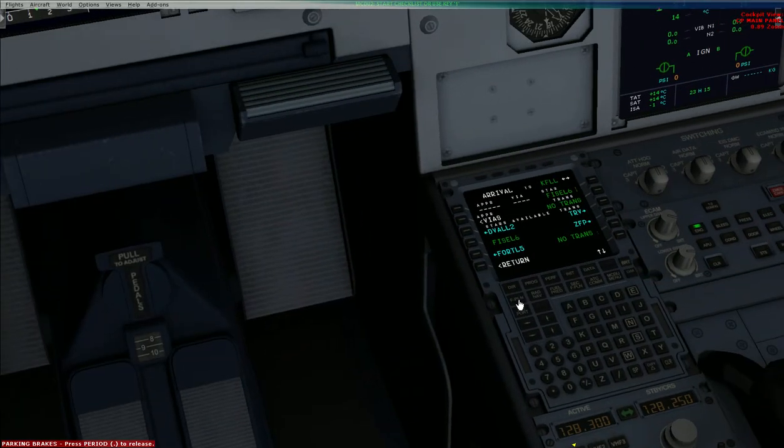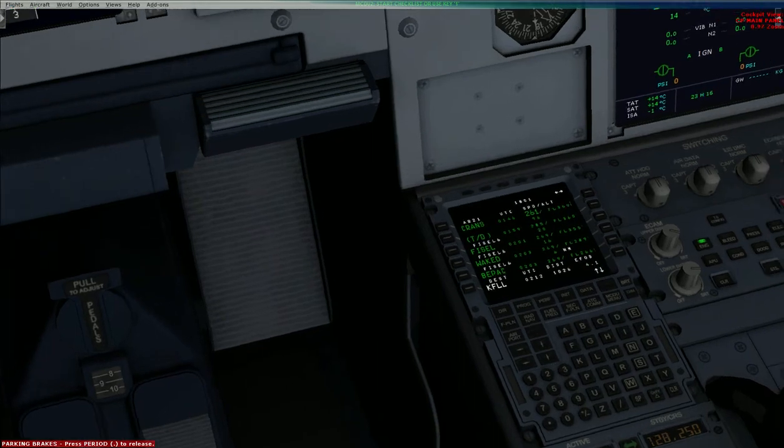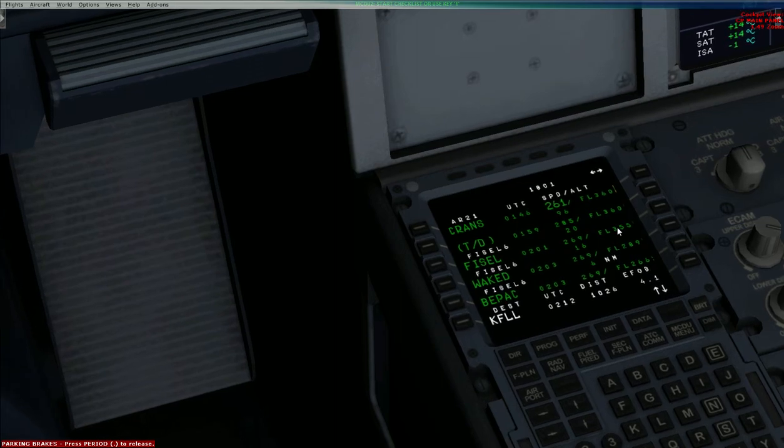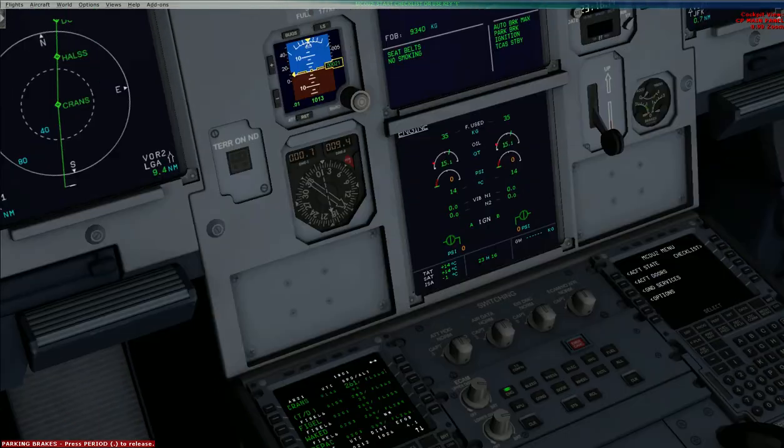You go back to there, and your flight management system should have no discontinuities in it. When I stick my runway heading in again, I might get a discontinuity. This is my top of descent right here after Cranes. It wants me to descend. You don't have to descend according to this. If you're pretty high up, it's telling you it should be at this flight level at this presumable time. If you wanted to manually bring yourself down a little bit quicker or a little bit sooner,